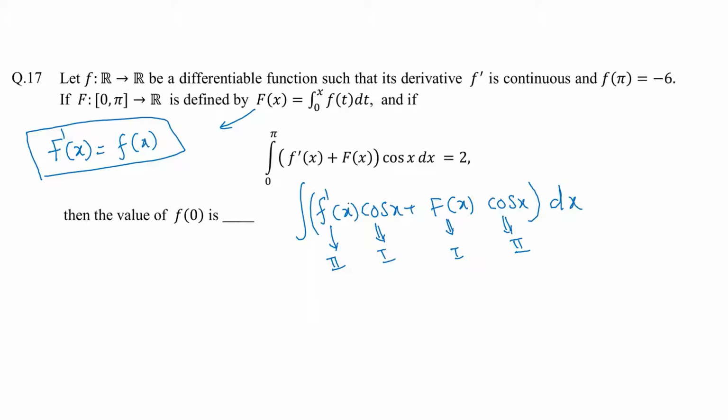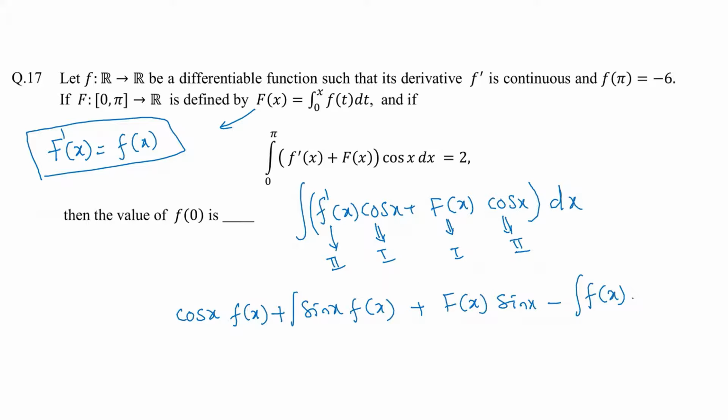So let's apply the integration by parts here. See what we are going to get. First function into integral of the second function. So that will be cos x into F of x minus differentiation of the first function, which is going to be minus sin x. So that will automatically become plus integral sin x, and integration of the second function, that will be F of x, is what we are going to get. Plus, if you expand this one using IBP, again the same thing: first function into integration of the second function. So integration of cos x is going to come as sin x minus integral differentiation of the first function, that is going to be small f of x, and integration of the cos x, which is going to give you sin x. Okay, so this is what we got here.